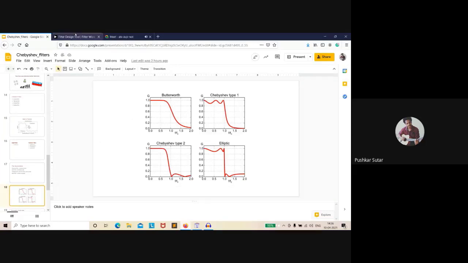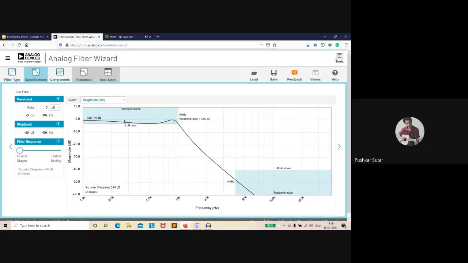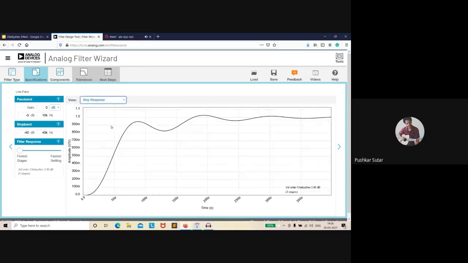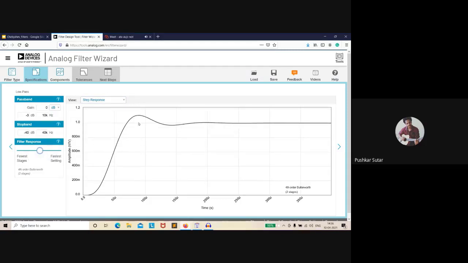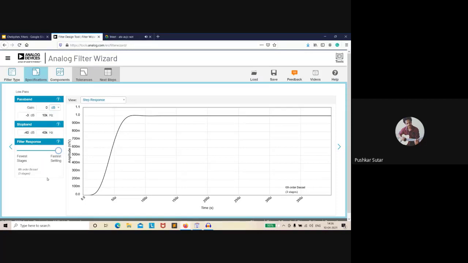We're going to understand with the help of this tool. We'll just plot the step response of this curve. You can see the step response of the Chebyshev curve. It is very uneven, there are a lot of ripples. You can see the step response of Butterworth now. It is a little less, but still there, less than Chebyshev. But when I set it to Bessel, I admit it will need a higher order for achieving the same kind of cutoff, but you can see that the step response is pretty good.